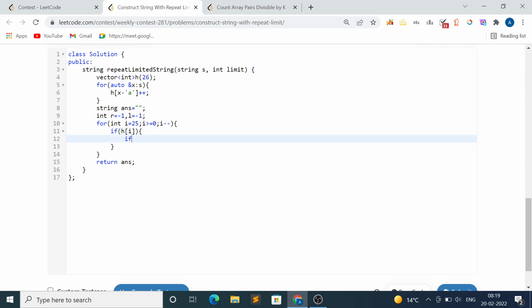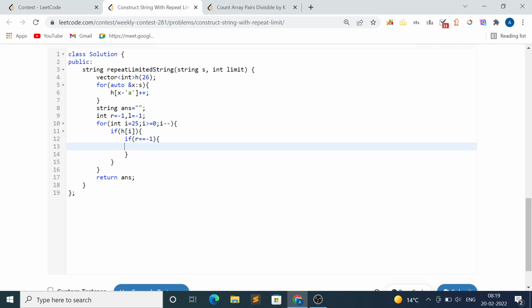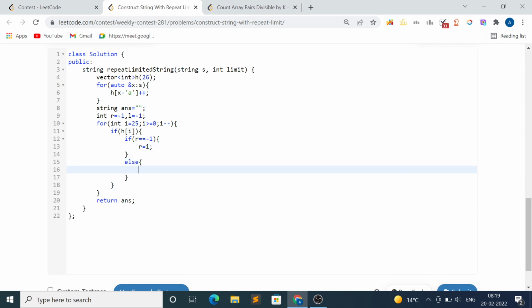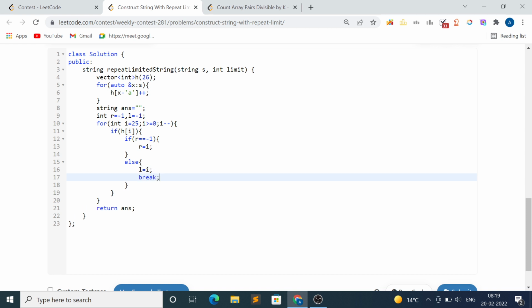If h of I, if r equal to minus 1, r equal to I, else l equal to I, break. Cool. Now for int I